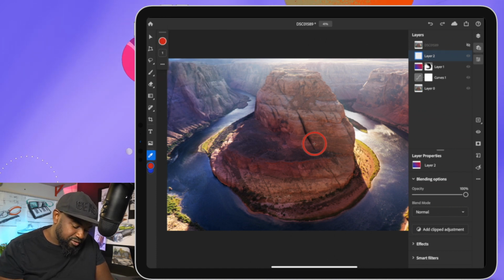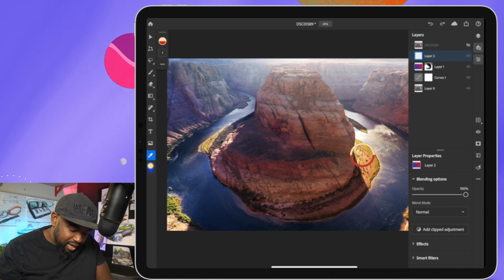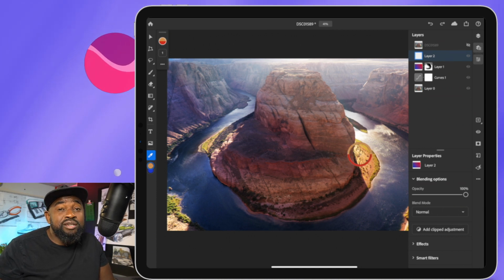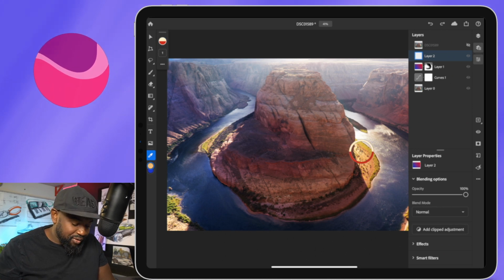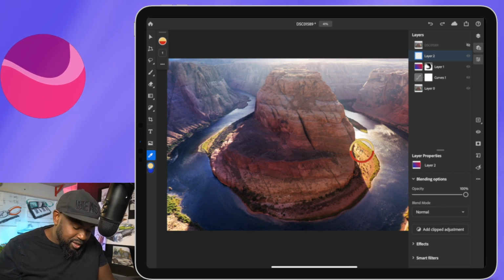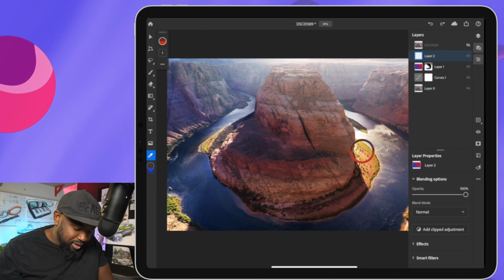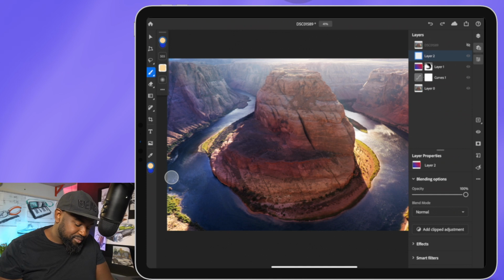So let's use our eyedropper, drag this over, and the eyedropper tool is going to show you the current color selected as well as the color that will be selected. So I've got red on the bottom, that was my initial color, and now I'm trying to pick something bright yellow like that. All right, so now I'm going to reduce my brush size a little bit,